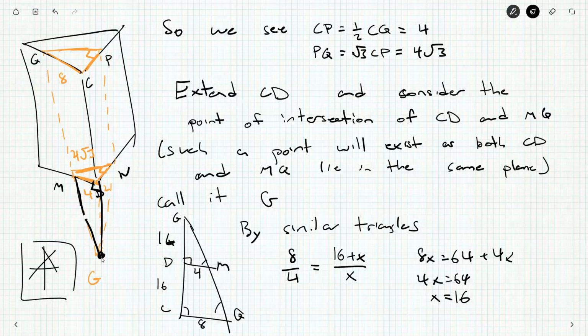So now we're going to do the same thing. We're going to call the point H, but since DG and DH will both be 16, which I think is what we're going to show. If it doesn't, I'm going to recheck my calculations and re-understand this concept. Maybe I've done the whole thing wrong. But the idea is we're now going to extend PN so that it intersects CD. Again, the same intersection will occur because they sort of lie on the same flat side of the triangular prism. We'll get some point H down here. And it will happen that HD is also 16, so that means D and G will coincide, and we'll